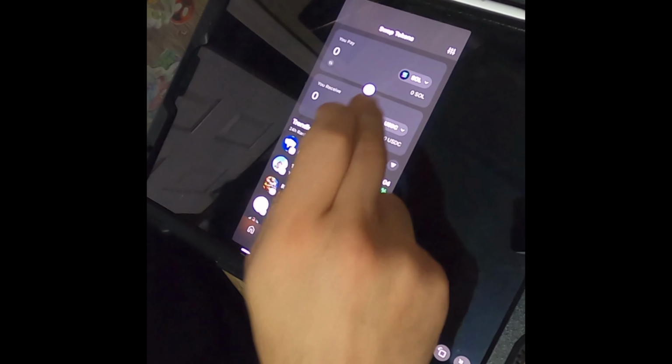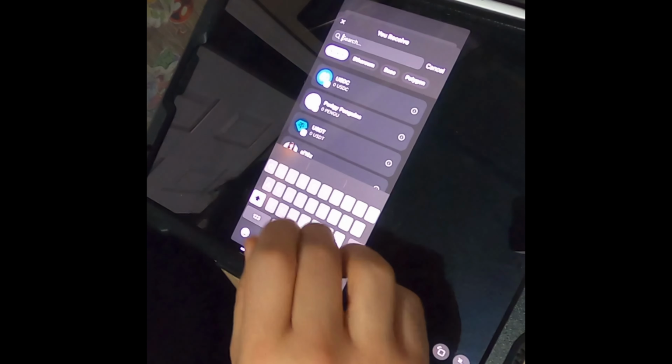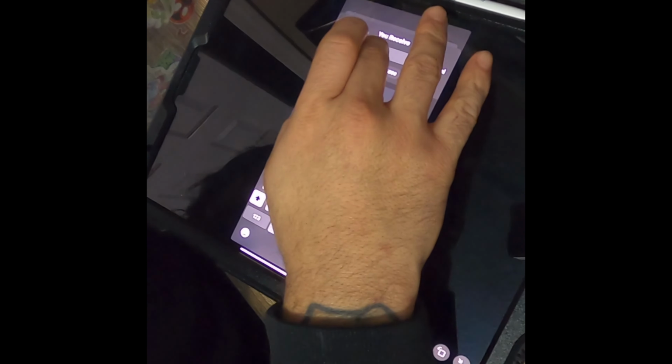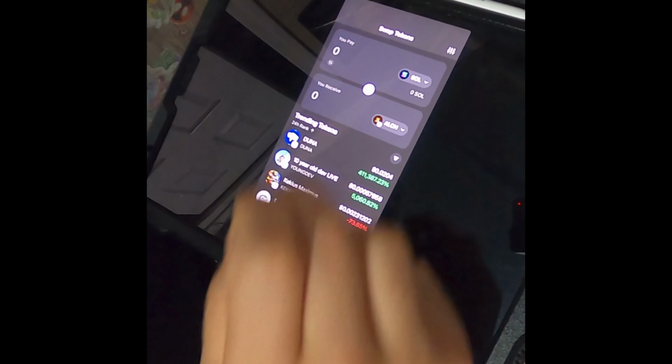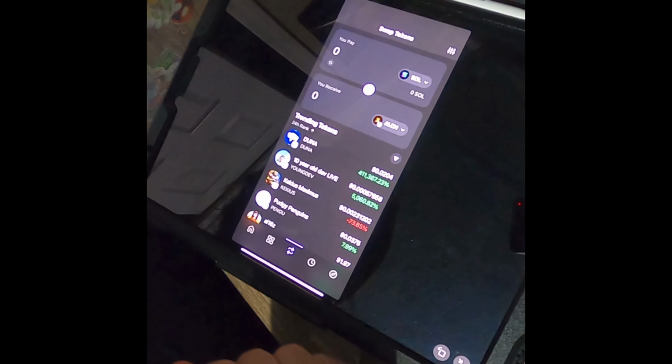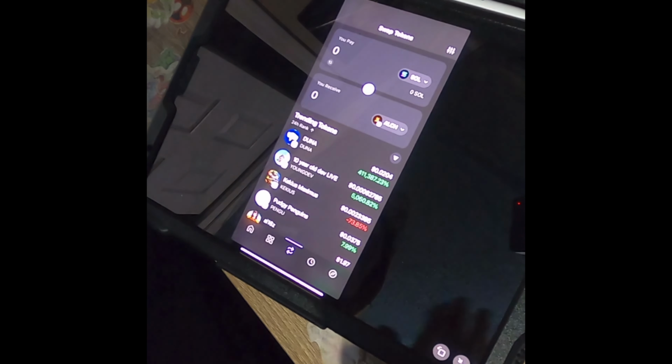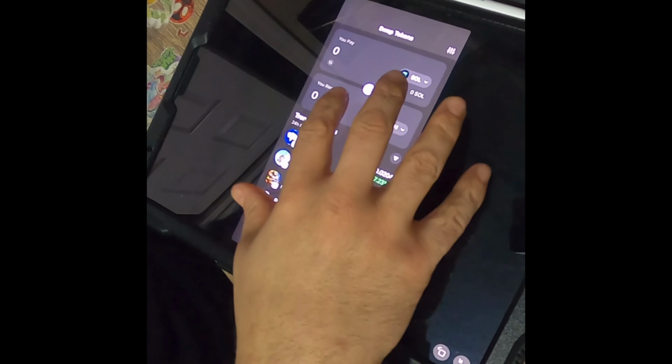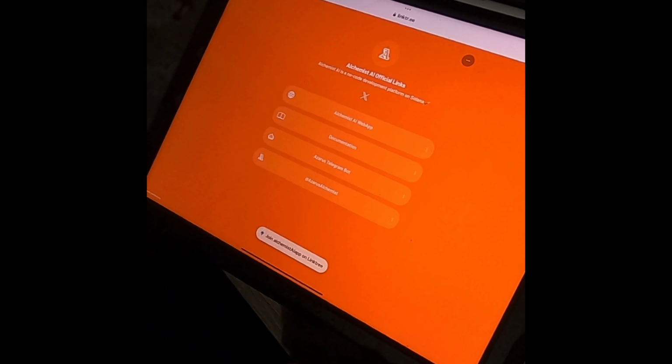So what I'm going to do is I'm going to input that number now, and it finds Alchemist AI, so you know you're purchasing the right token. Then you take your SOL and you transfer it. That easy, that simple. So, show you one time. You go into their app,